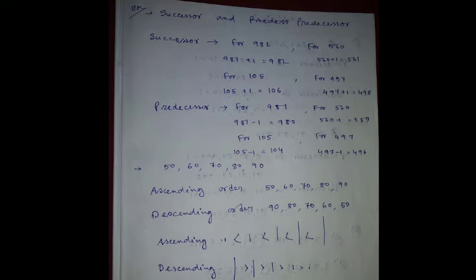Class 5 mathematics. Yesterday I discussed activity 3, questions 1, 2, 3, 4, 5, 6, already discussed and finished. Next, we'll start activity 4. Before starting activity 4, we have to know about successor and predecessor, ascending order, descending order, comparing between the numbers, etc. So before starting activity 4, we have to know what is successor and what is predecessor.